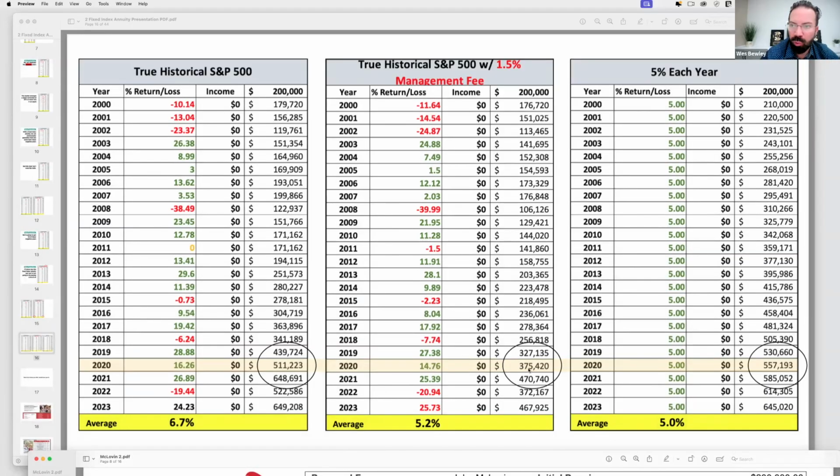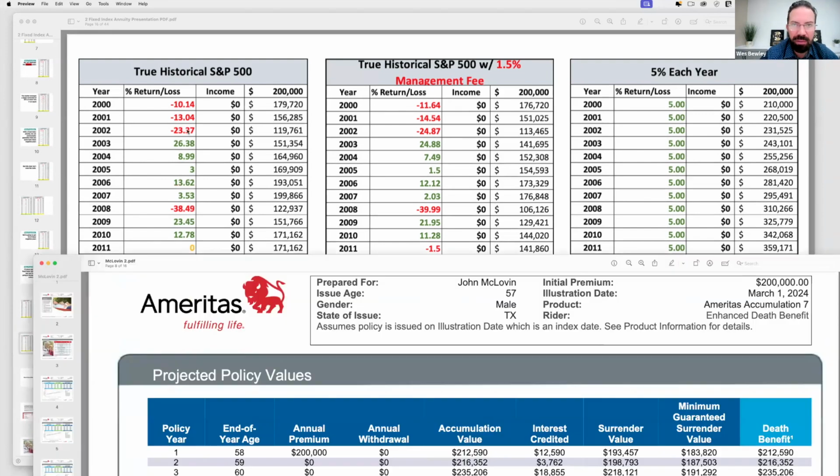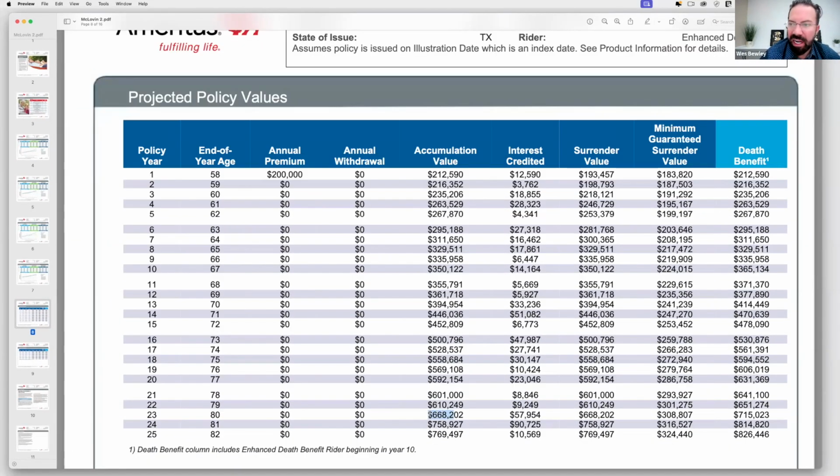So if you just add 180 to this, well, of course it's doing a lot better, right? It's those fees that are just gobbling people up. But we're not taking it out here because we're not wasting any money on fees. So the other thing I want you to look at is something called the surrender value right here.